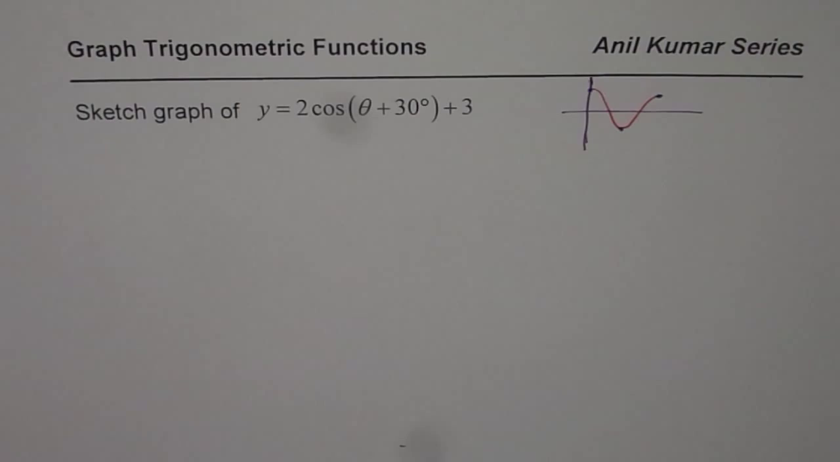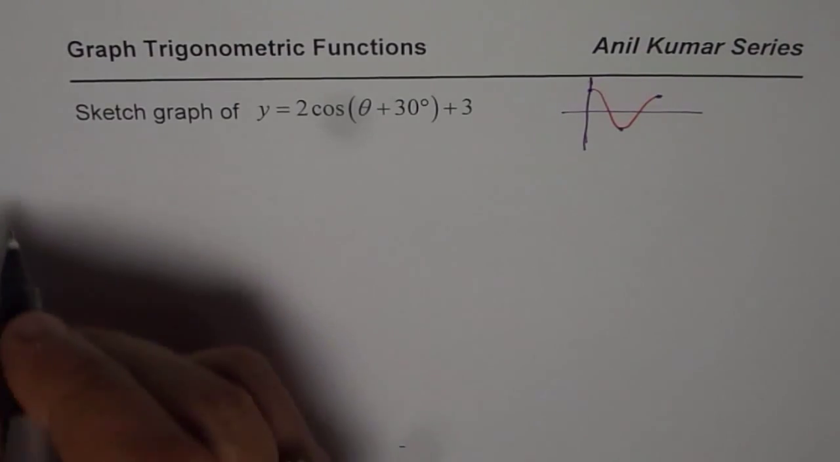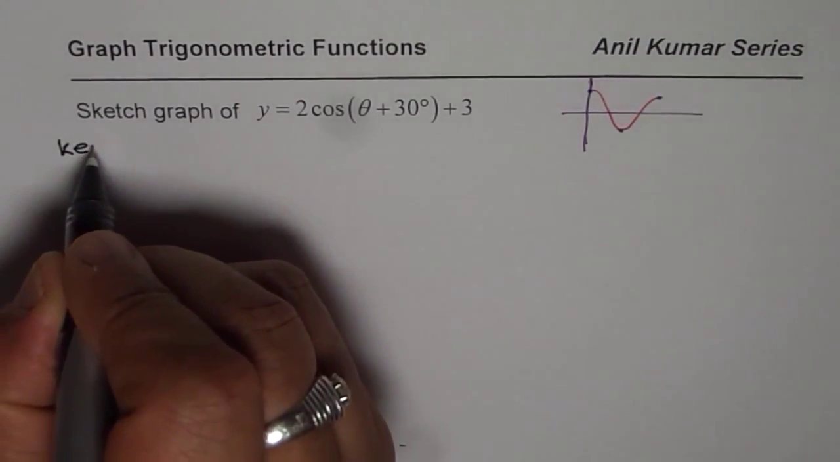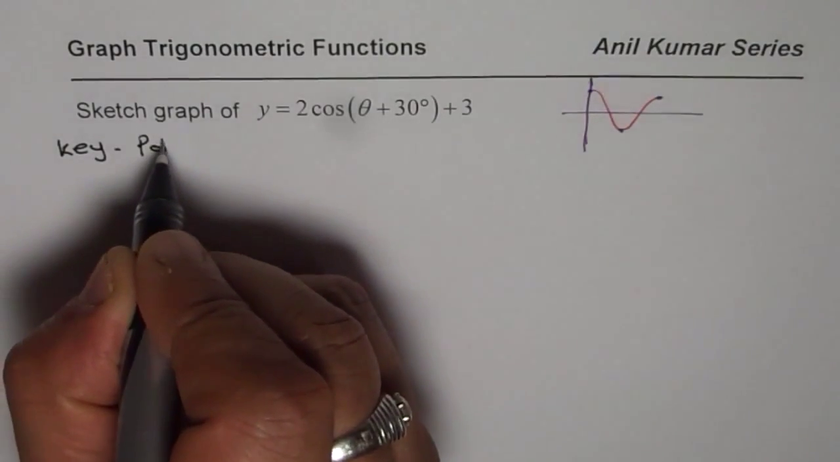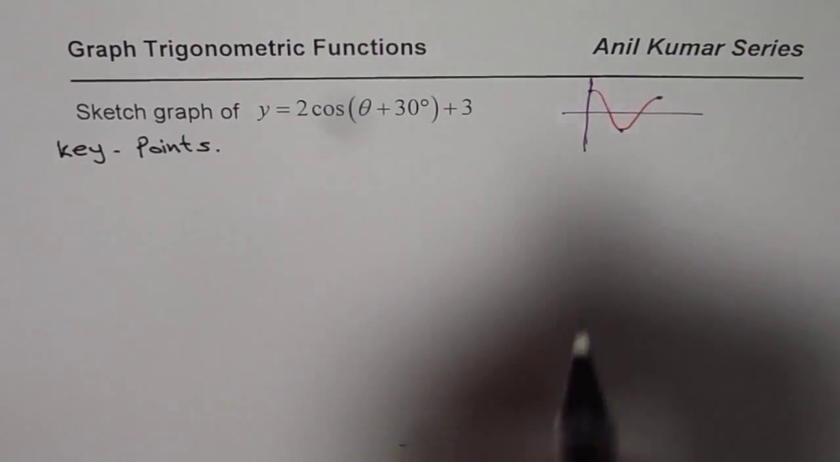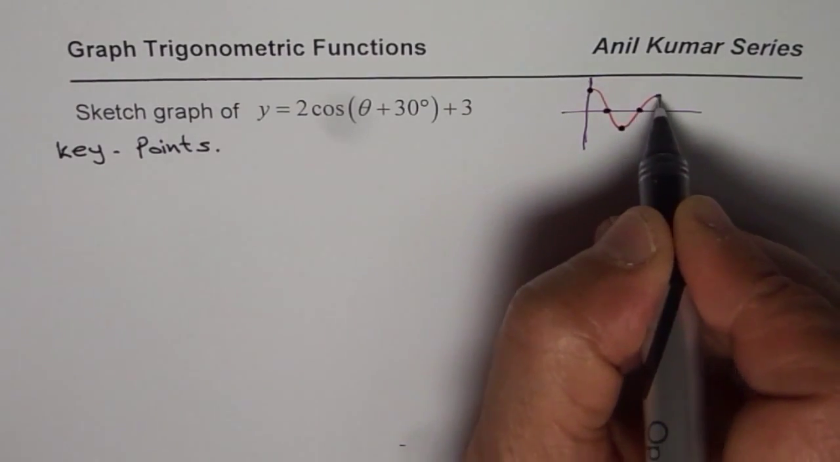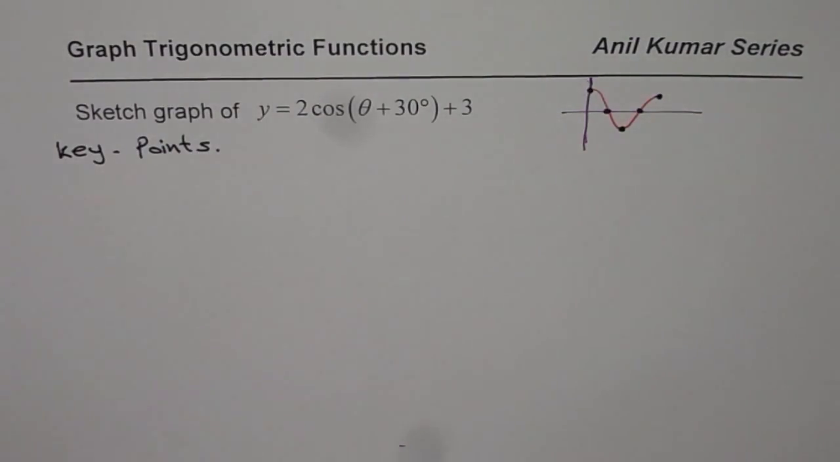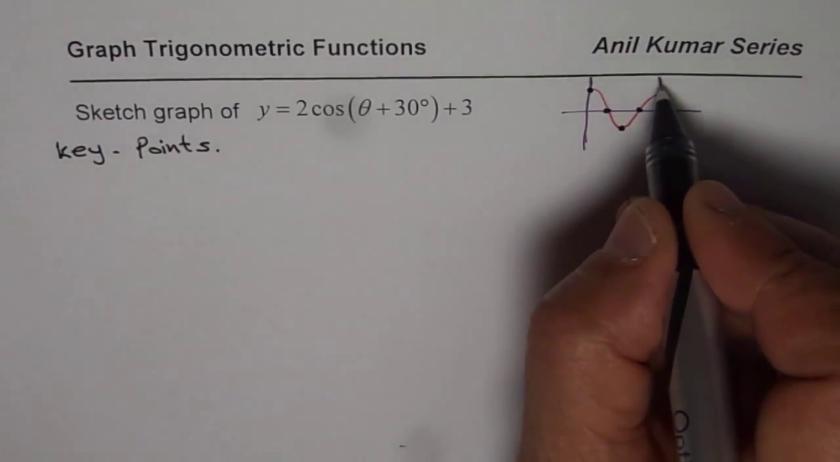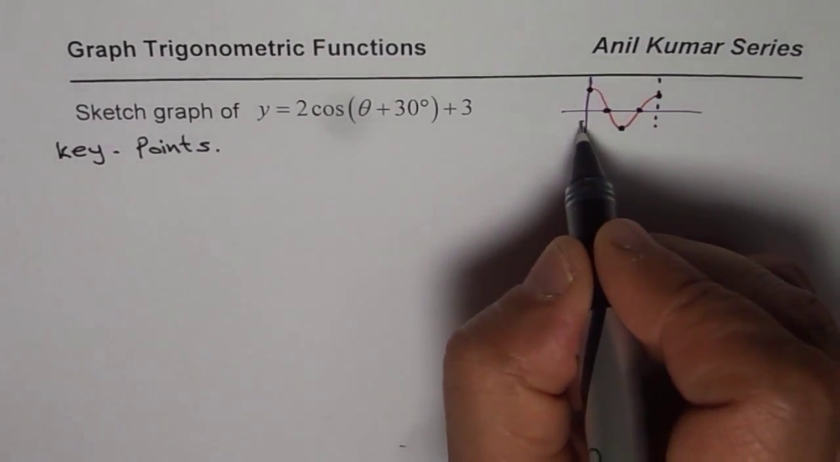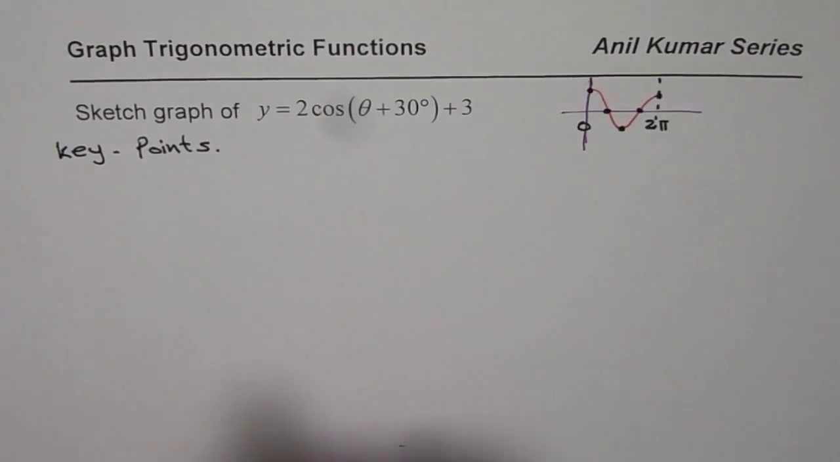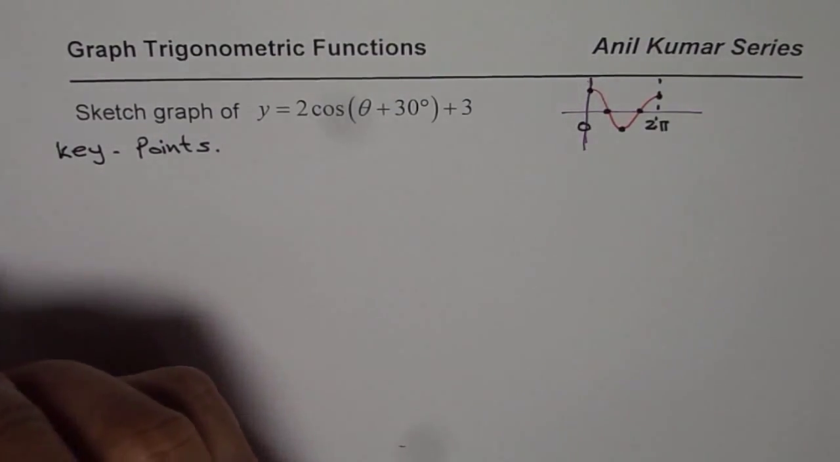One of the very popular and important approach is to consider key points. When we say key points, we are talking about these 5 points. Do you see that? The maximum, minimums, and the zeros within one cycle, and one cycle for cos is from 0 to 2 pi, correct? So the key points for us are